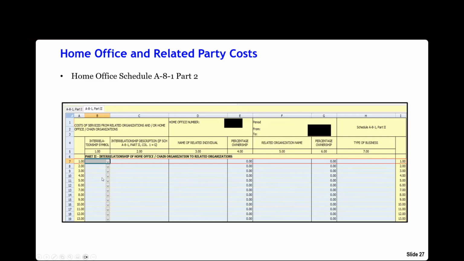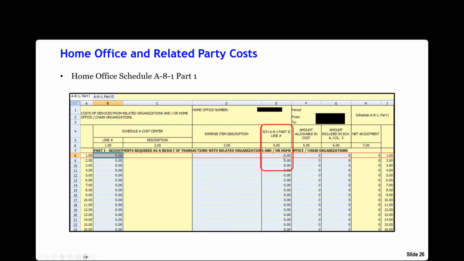So here's part 2 now. It's a little more cleaned up. And again, it tells, what type of description do they have? What are they? The name of the related party. If there's ownership, what percentage ownership? And then the type of business. So this is all the detail about the related parties. Oh, and I guess here they have individual versus organization. That's the difference. I don't really know why they felt the need to separate that, but in any case,